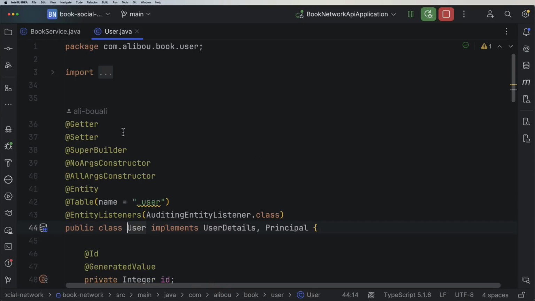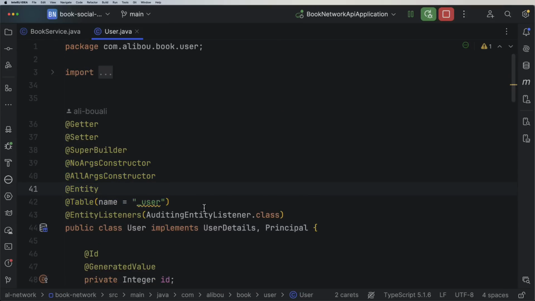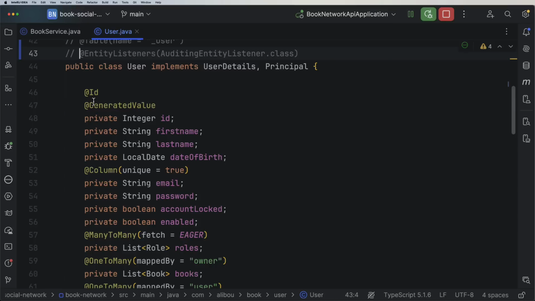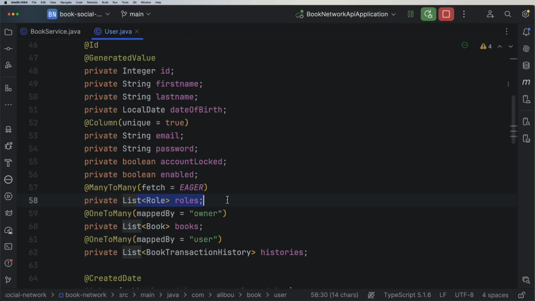So what I will be doing, I will either delete it completely or just comment out this table and entity annotation, as well as the entity listener. I no longer need it, but I know that the user is linked to the books. So the roles I don't care, because I will also delete it, and also I need it in the book